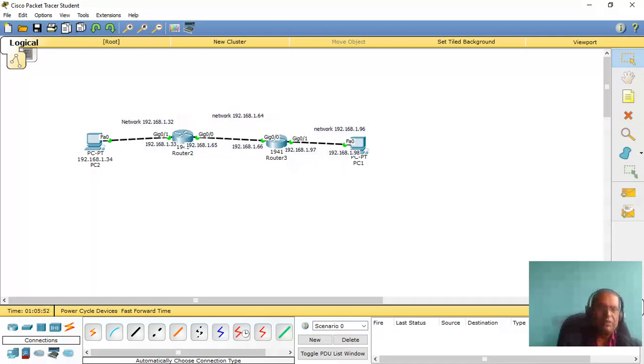So let us actually arrange the router and PCs like this. By the way, you may have to interconnect a switch in between. Just for the simplicity purpose, I am not using the switch in between the router and the PC, right? But simply you can insert a switch here without any configuration in between them, and then everything is just the same.